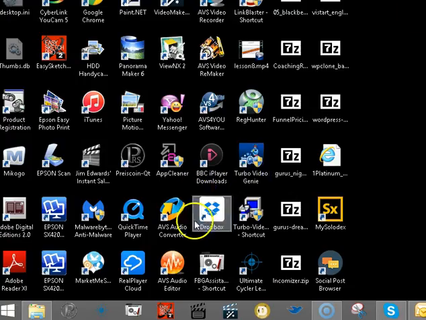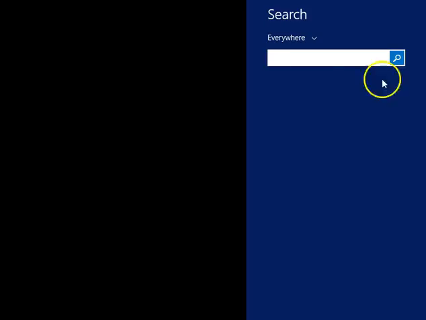On Windows 8 or above, if you take your cursor to the right of the screen, you'll get little things like this that come up. And once again, this is another way to get to your start panel, to get to your computer settings, and to get to your search. And if you click on search, it'll just bring up a little box. You find something very similar on earlier versions of Windows by right-clicking on the Windows symbol in the bottom left corner. But if you type in here something like my